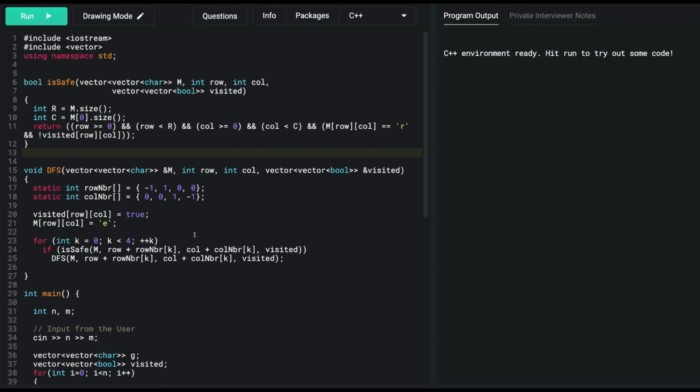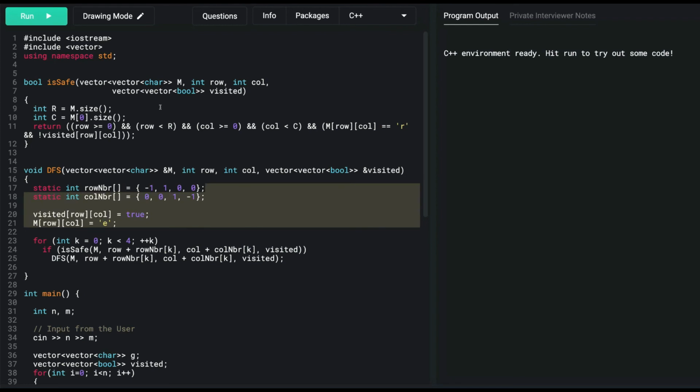If we call this isSafe function at a particular row and column, we just check that there is no out of bound exception: the row should be greater than or equal to 0 and less than the number of rows present. Similarly for the column, and the matrix cell should be R, definitely, and it should not have been visited earlier as well.